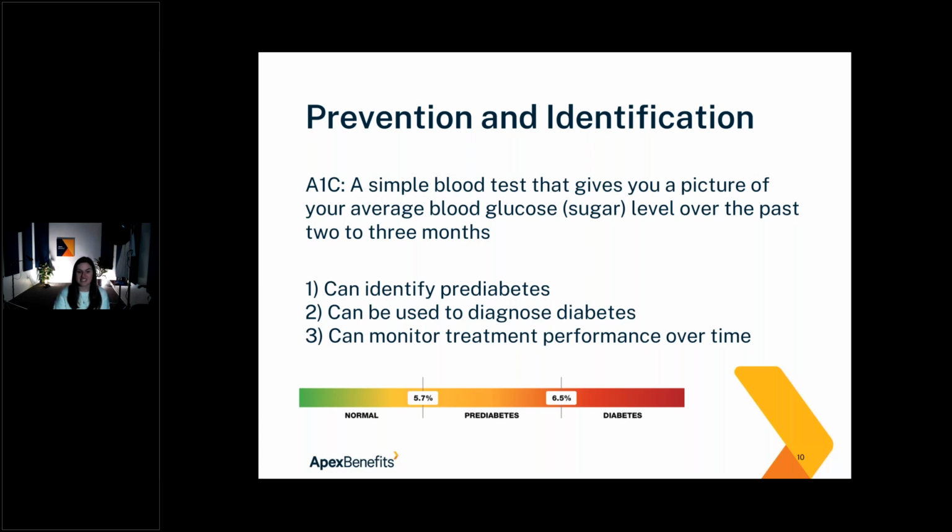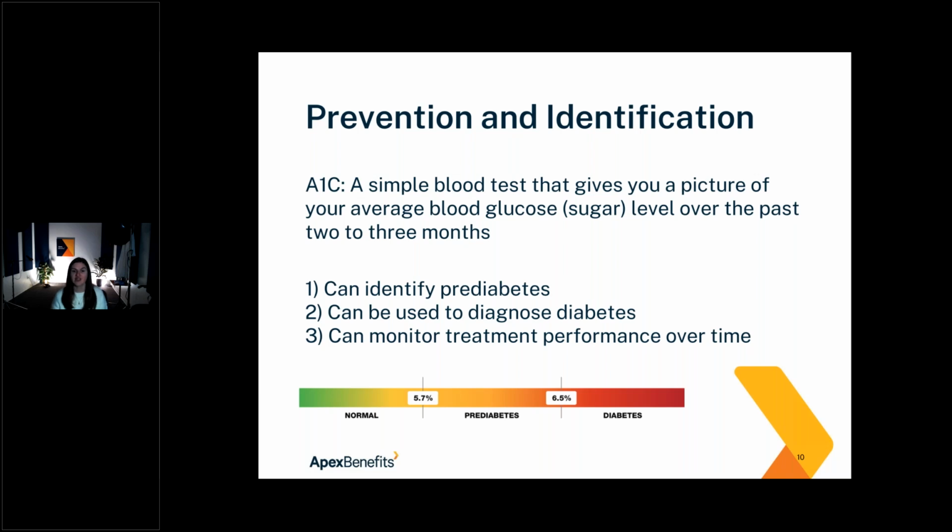So what you're going to see here is 5.7% to 6.5% means that you are in that pre-diabetes range. If it's above that 6.5%, that's when we start a diagnosis of diabetes. And if you have diabetes, our target is always to try to stay below 7%. And 7% would mean that 7% of your hemoglobin has glucose attached to it. It's kind of the easy way to look at it.